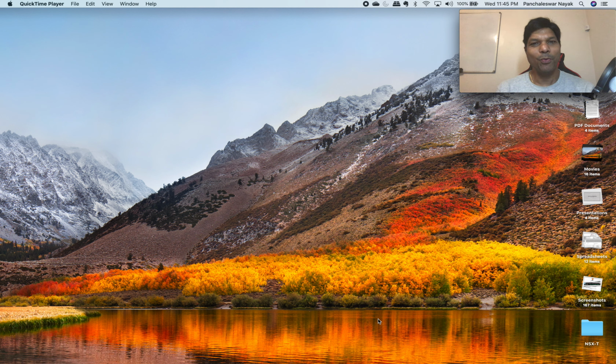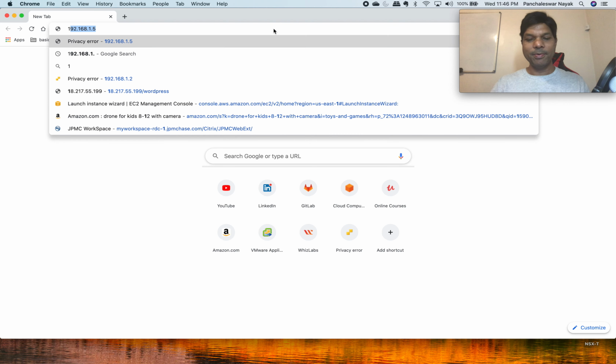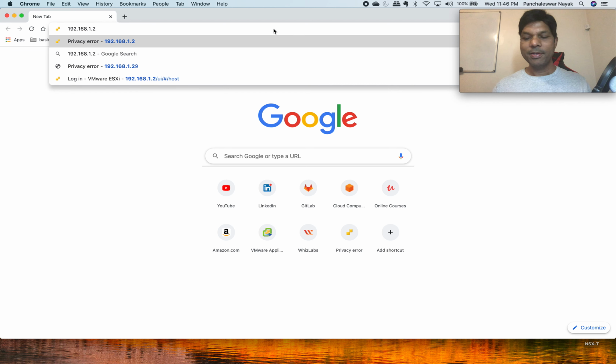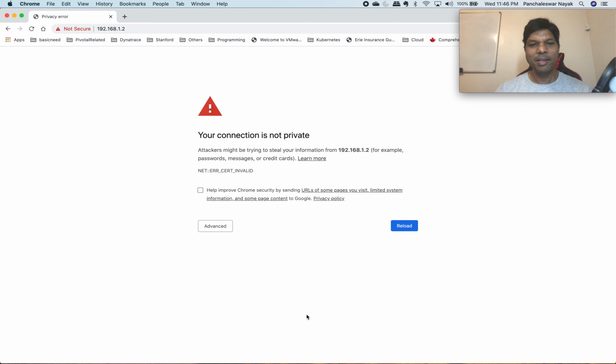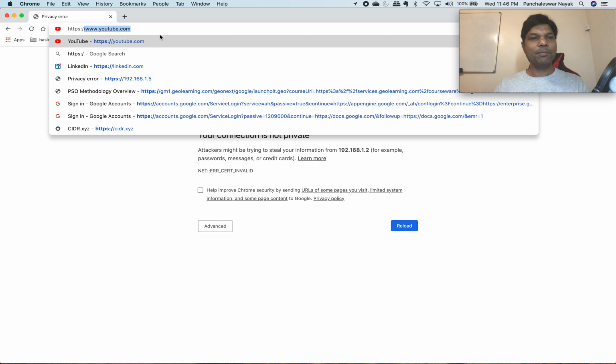Let's see first what is the issue. I'm going to show the problem first, then we'll see how to fix it. I'm going to access my browser, and I'm going to access my ESXi server using the IP address which I provided. And this is my ESXi server. And of course, when you are not accessing using SSL, this is actually HTTPS I'm accessing. So you can see HTTPS